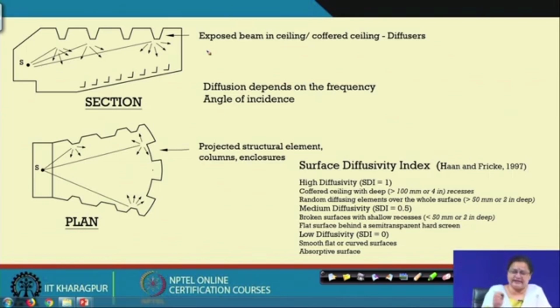So, if you have projections of this nature, you can actually treat them and really create diffused surfaces on the ceiling as well as the side walls. So, these projected structural elements, columns, enclosures can actually act as diffusers and help in achieving uniform sound in the system. So, we have talked of the ceiling once it is curved,